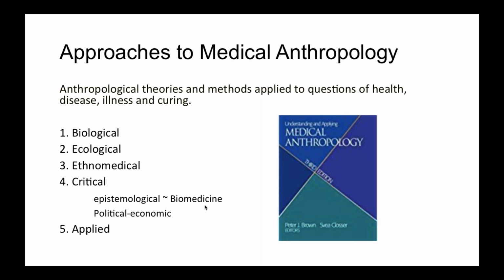The other is a more Marxist, political economic approach to understanding health, as well as health problems like drug addiction and so forth. But over half of this book is about the application of these theories within the fields of health care, public health, and so forth. So issues like stigma and stigma alleviation, understanding disability, cross-cultural communication and cultural competency are all areas that concern medical anthropology in general.